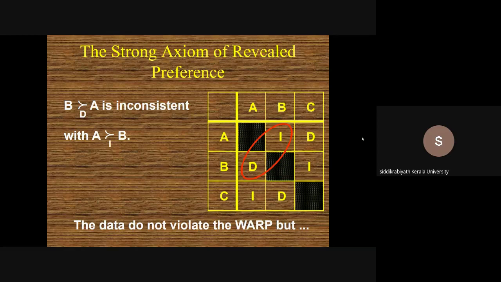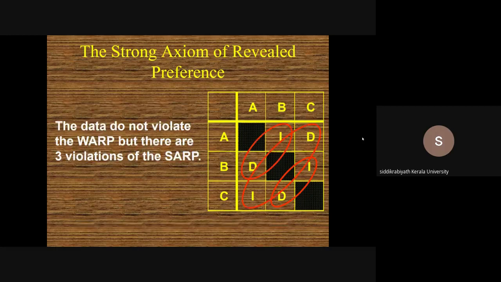So in this case also you have a violation. That is, in the CC case, you have the same thing. It won't actually violate WARP, but it violates the strong axiom of revealed preference. The data do not violate the weak axiom of revealed preference, but there are three violations of the strong axiom of